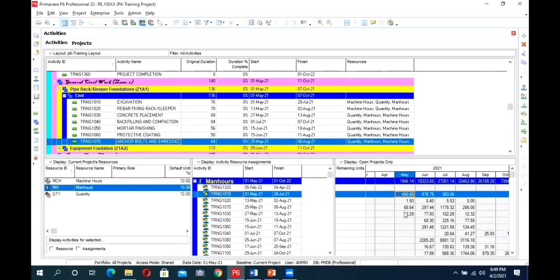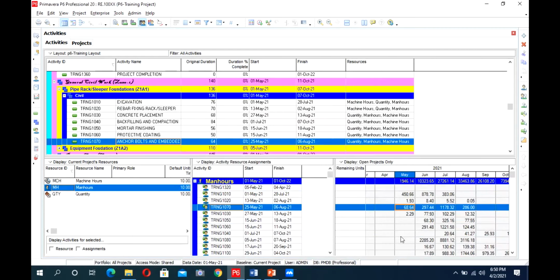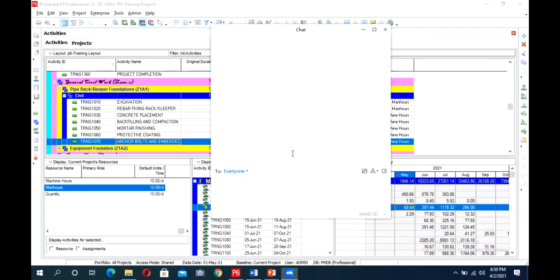So you have to work deeply on it, and you can change your manpower loading in different months by changing the activity curves also. And the other option is you can do it from leveling. In leveling, you can assign the maximum limit to it, and the remaining, P6 will move to the next month. Okay, any other question? Thank you. No more from my side.